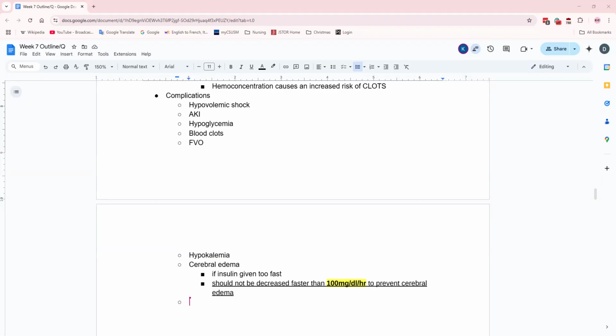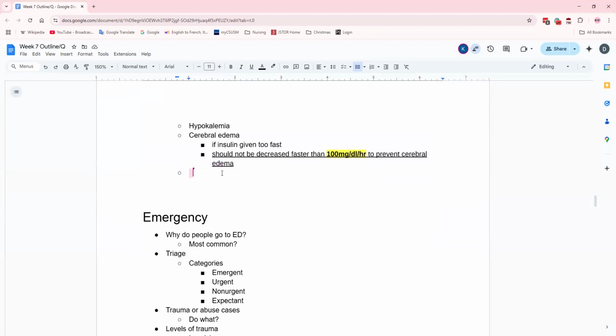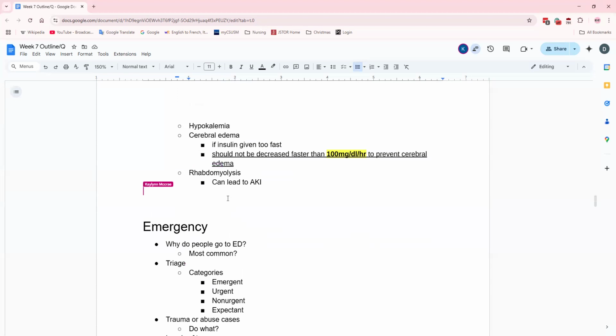And then your last one, you can end up with rhabdomyolysis leading to AKI. I always felt like that one was random. Diego, if you have a reason why that one exists there, please be my guest. Which one? Rhabdo. Rhabdomyolysis. I actually looked this up. My assumption is because of dehydration. Oh, it's not clear why. Okay, cool. Because I remembered looking it up, but I never figured out the correlation.